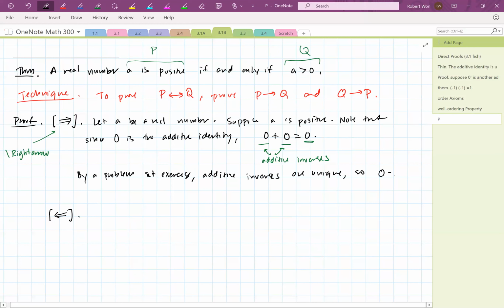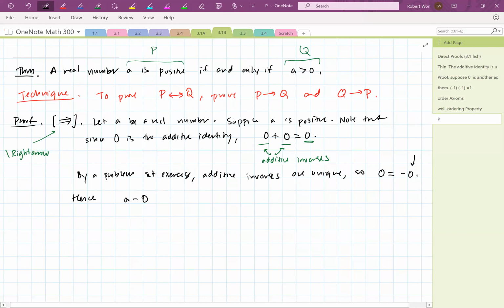So 0 equals negative 0, right? Because this means the additive inverse of 0, but 0 is also the additive inverse of 0, so therefore 0 equals negative 0. Okay, now hence,